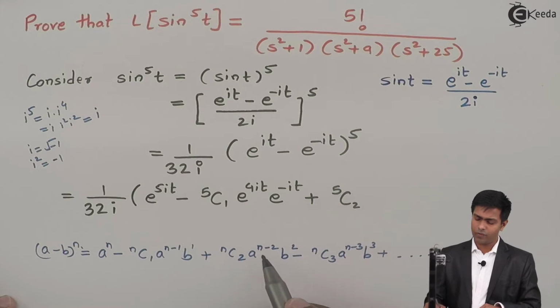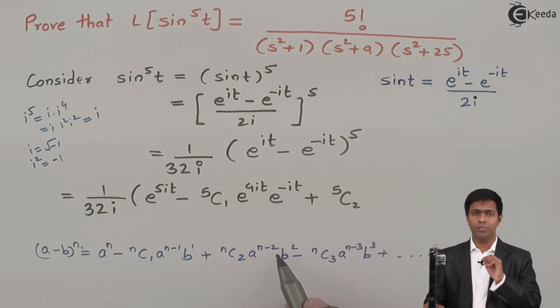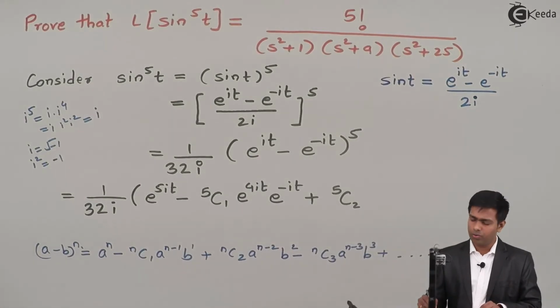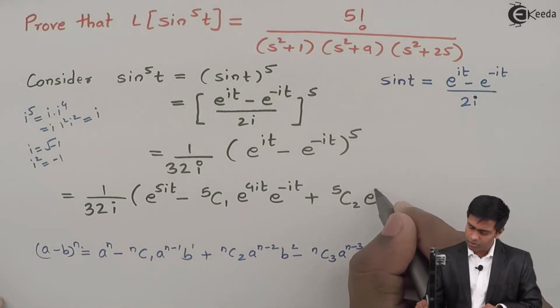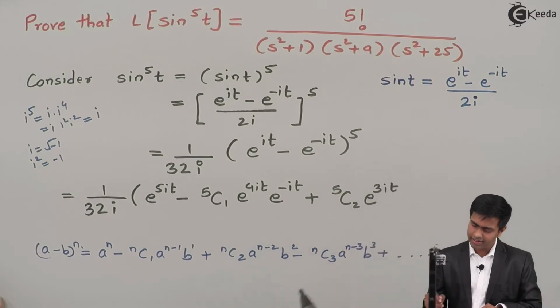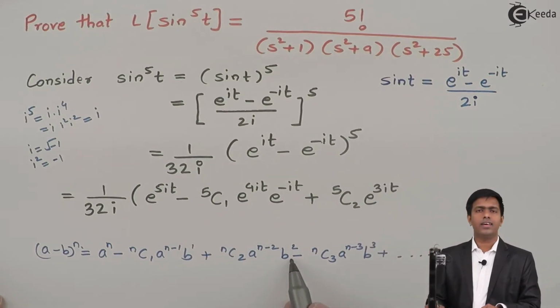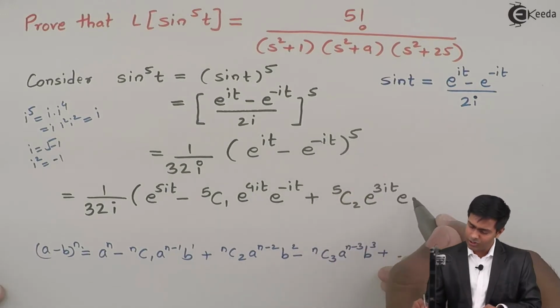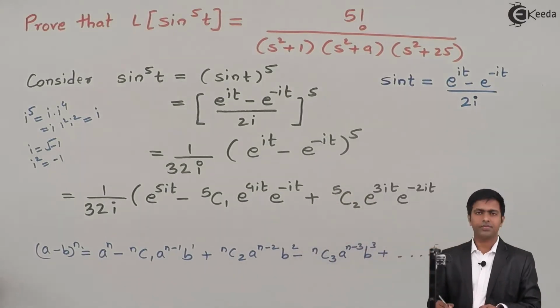Now n is 5, so 5 minus 2 is 3. So I want a cube, where a is e raised to it and its cube is e raised to 3it. Now b square, so b is e raised to minus it, the square of this is e raised to minus 2it. After that again minus